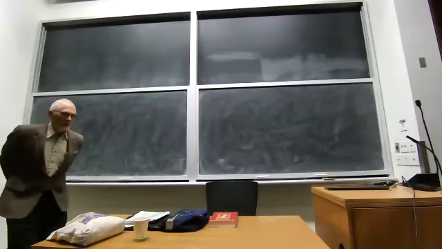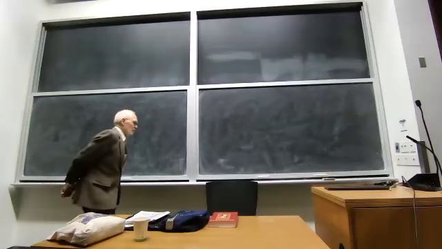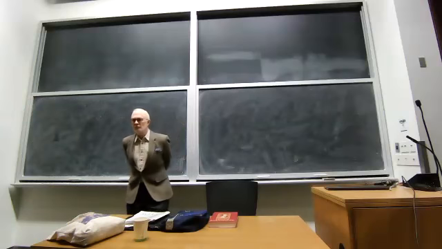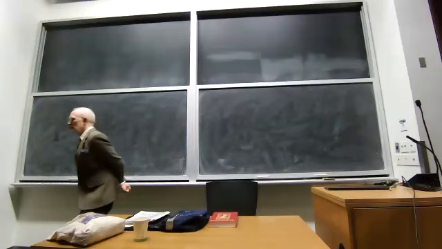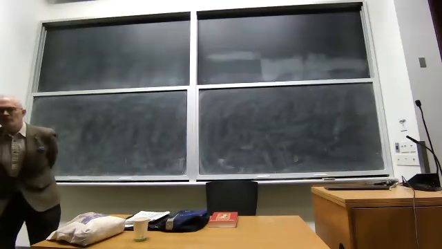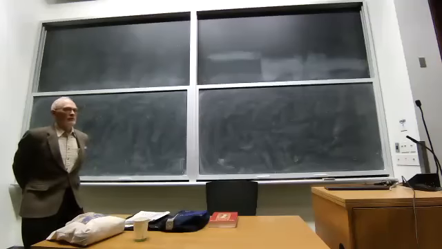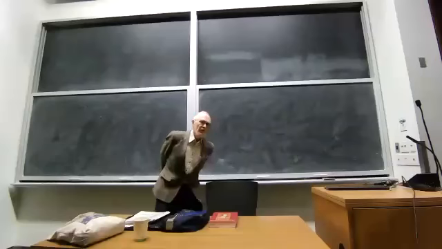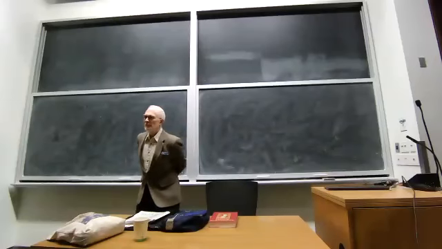Okay, so we want to show that after we add some projection, maybe a multiple of the unit, it's enough to add some projection to get there. So we want to just prove that there